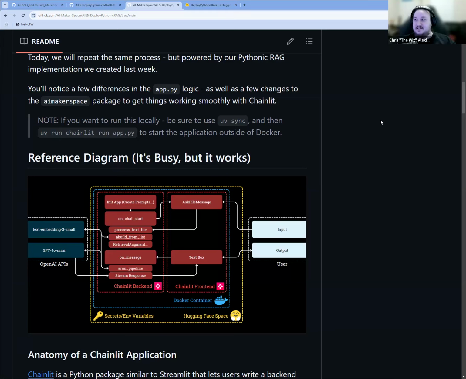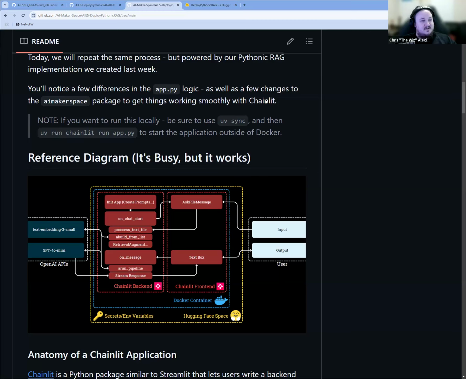So this is not going to be something that I'm going to recommend that you do. Just use Docker. But if you really want to run it without Docker, this is how you do that. UV sync is basically just saying, hey, collect all this stuff into .venv so we can use it for later.